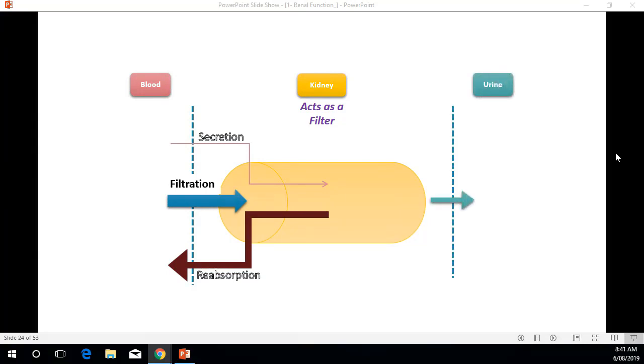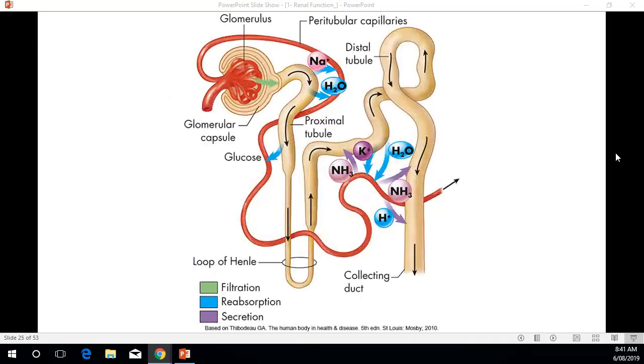Okay, so after these three processes, urine is formed, which is then excreted from the body. Simple. So filtration is non-specific. A lot of filth is produced. Remember how much was the cardiac, how much blood was flowing through the kidney? About 1 liter per minute, right? Large amount. Okay, so immediately water is reabsorbed, sodium is reabsorbed, glucose is reabsorbed, all the good things that you